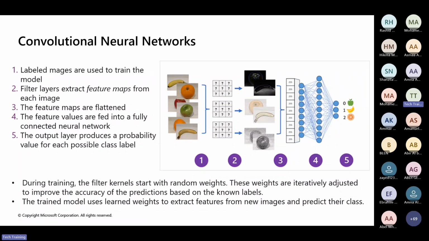There are American cars. There are British cars. There are Japanese cars. There are Korean cars. All these are labels to be added to the model in order to help it understand the images. When we add all these pictures and their features or their labels, the model is going to